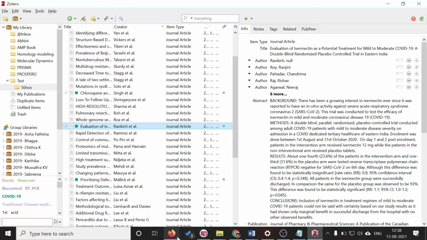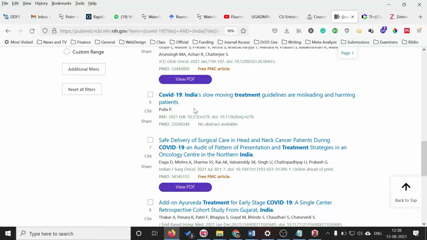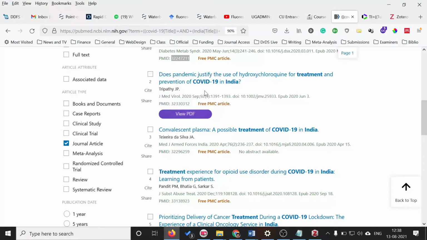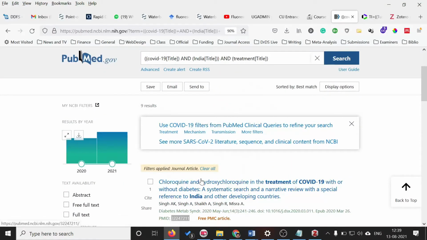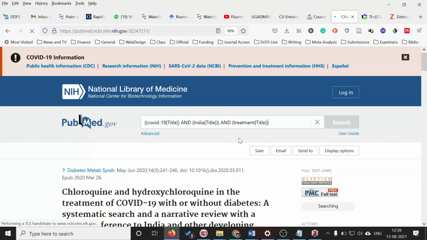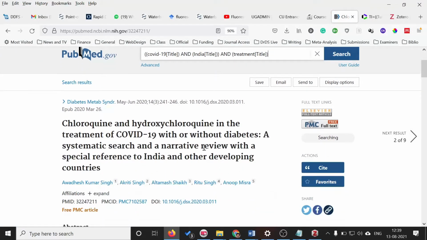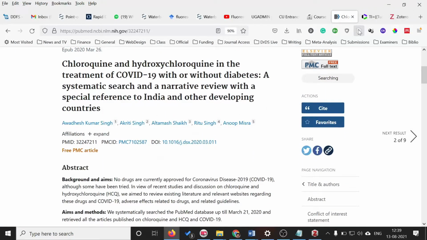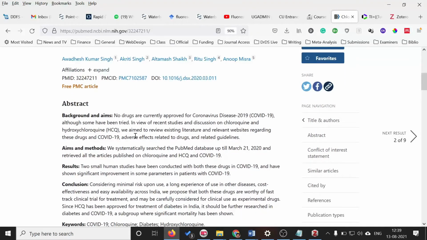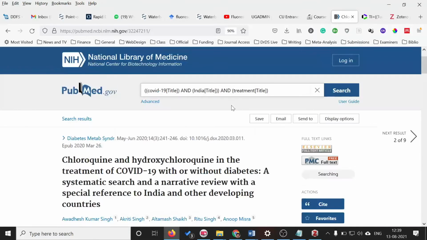So the only thing is that you want to click on this icon. If there is a listing of references already listed here, then you can use another option. If you are on a page with a single reference, then you can click on this icon and it will be directly saved. Or there is another option.